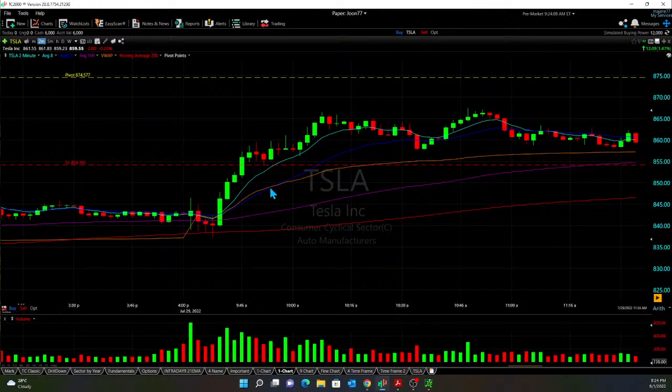First of all, we have these 5 lines right here, very important to you. We can see this light blue one is average 8, this dark blue one is average 21, and this purple is average 100. Now these are exponential moving averages that help guide our lines and sometimes help us make a